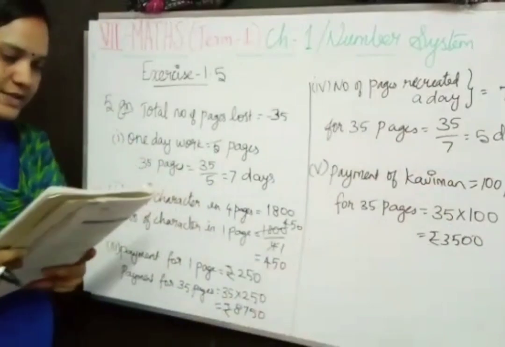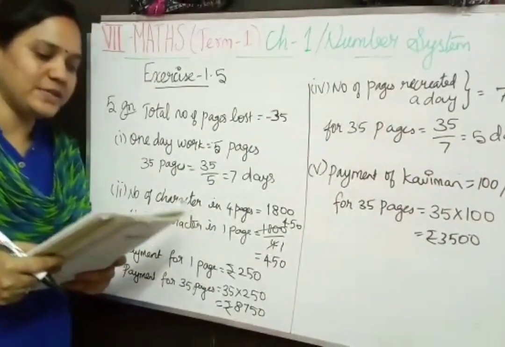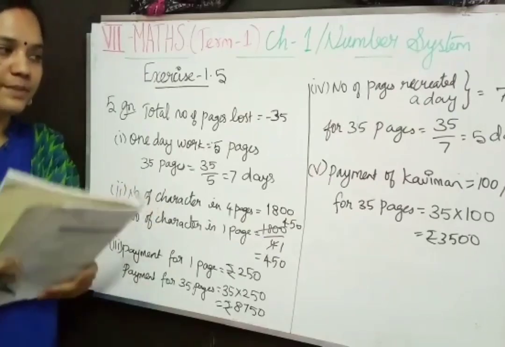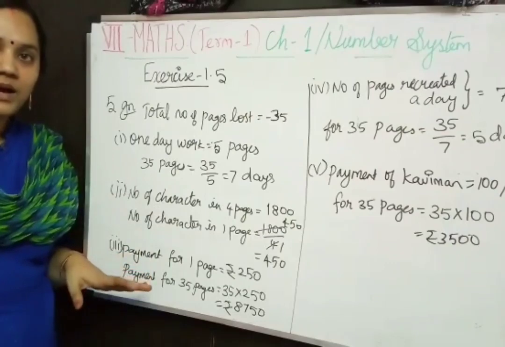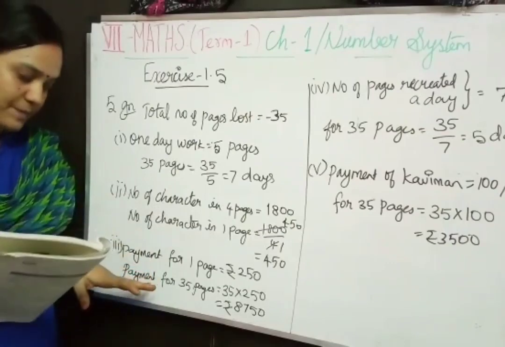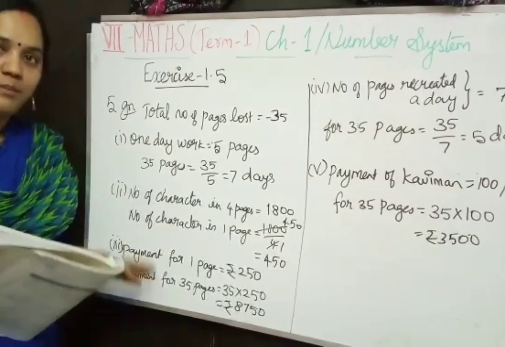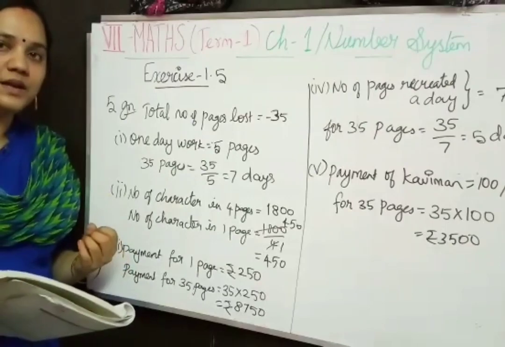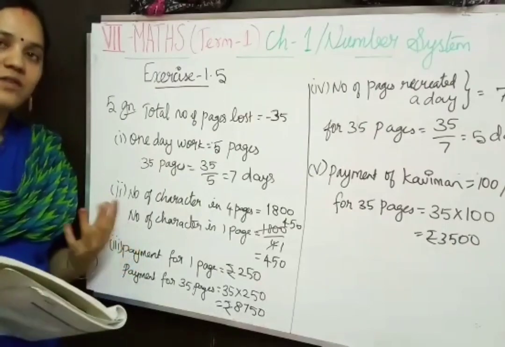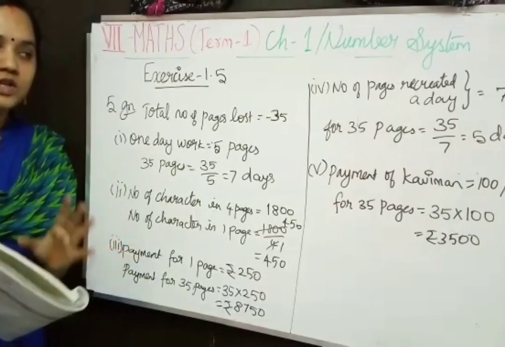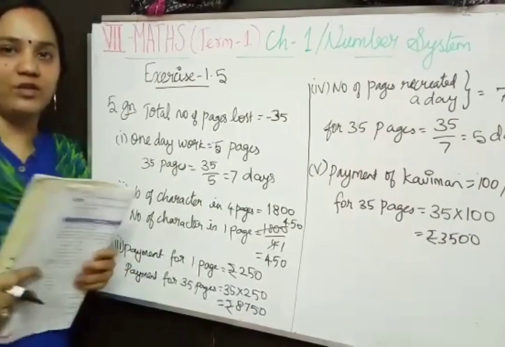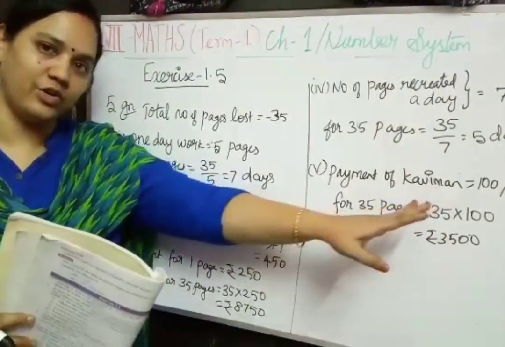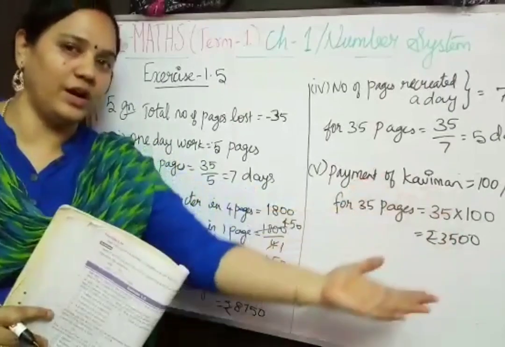Okay, so the last one is, Tamil Nambi pays Kaviman rupees 100 per page for his help. How much money does Kaviman receive? Okay, so என்ன பண்றாங்க? Actually Tamil Nambiக்கு ஒரு பேஜுக்கு வந்து 250 கொடுக்கறாங்க. But he wants the help from another man, Kaviman. அவர் வந்து என்ன பண்றாரு? He recreated the pages. அவருக்கு எவ்வளவு கொடுக்கறாருன்னா per page 100 rupees கொடுக்கறாங்க. So அந்த 35 pagesக்கு how many rupees he gave to Kaviman? One pageக்கு 100 rupees na 35, that is one page 100 rupees means 35 pages, 35 into 100, so